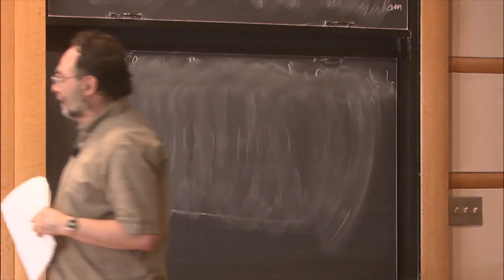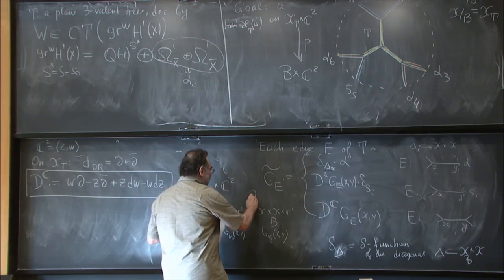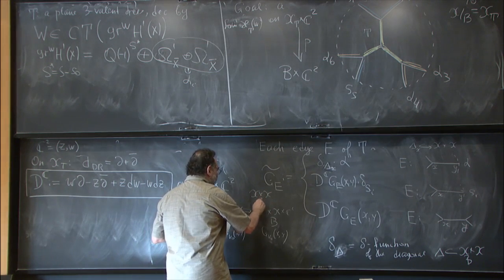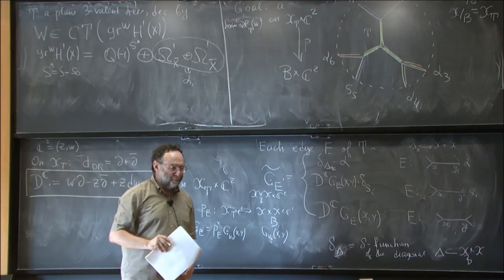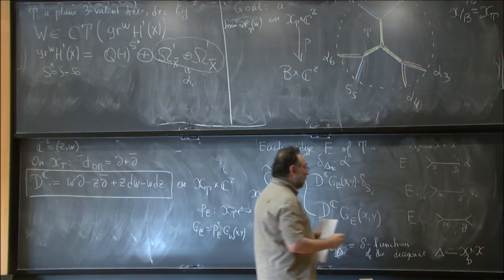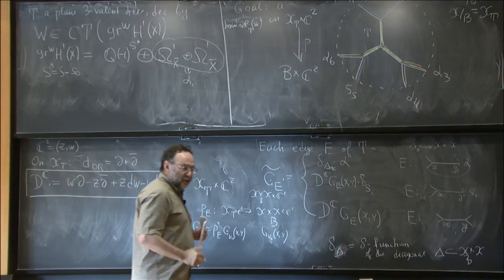So this is what I wrote down here exactly. This G is a form on x cross x over b cross c2, then pulled back to the big space. Its main point is that it's defined locally here, and then you pull it back to the space xt